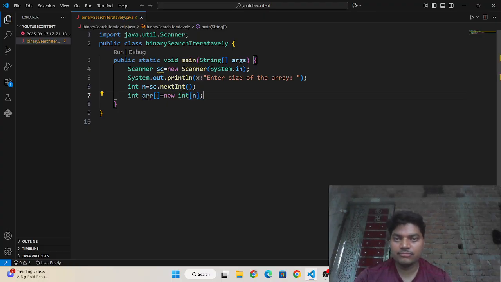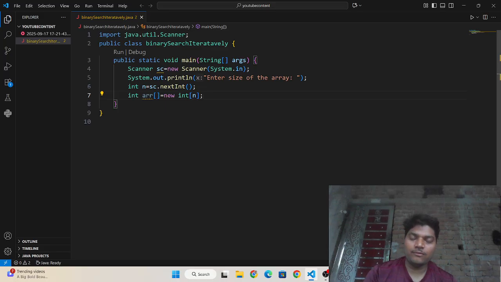See guys, we use the binary search algorithm on a sorted array, meaning the array is present in ascending order or in descending order. This is the prerequisite of this algorithm.